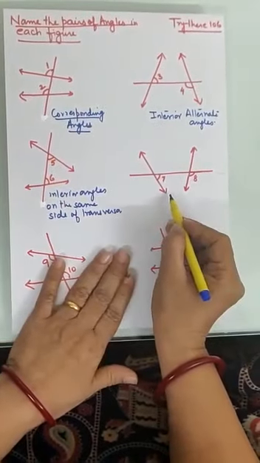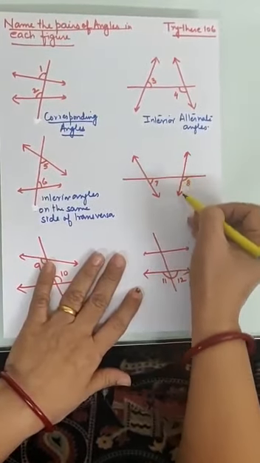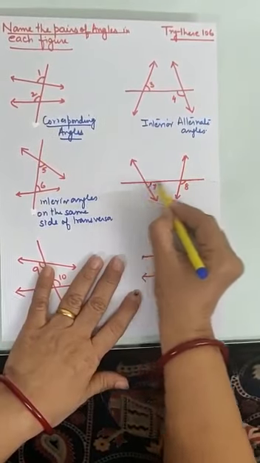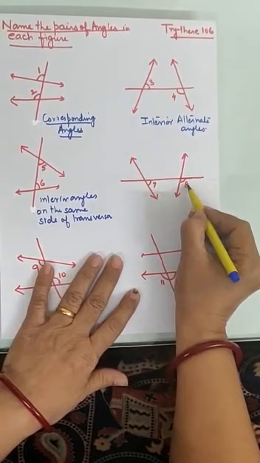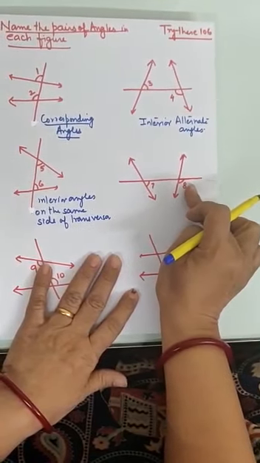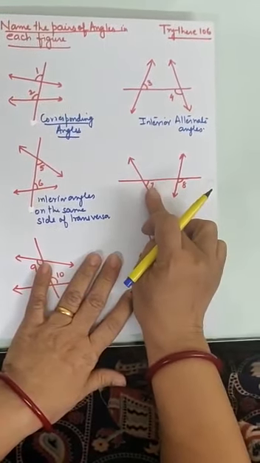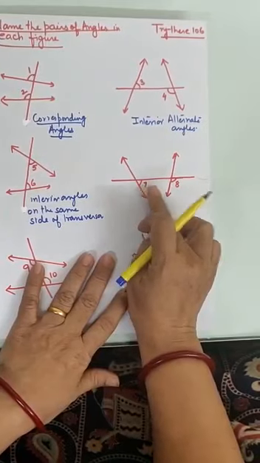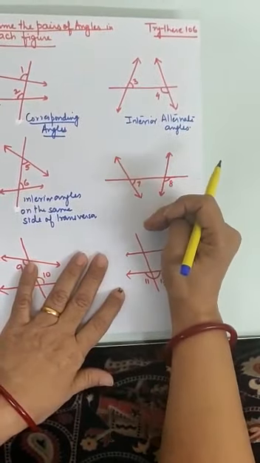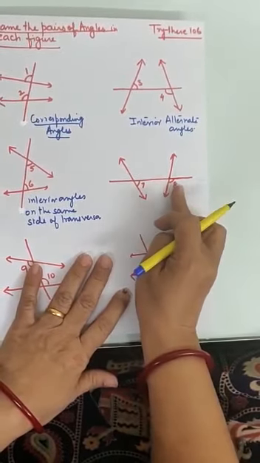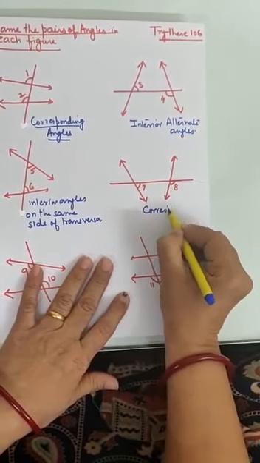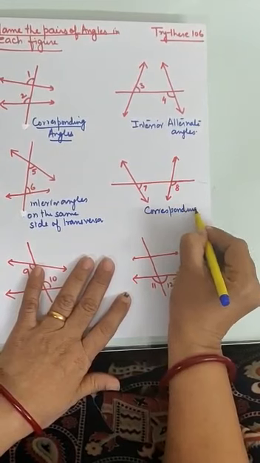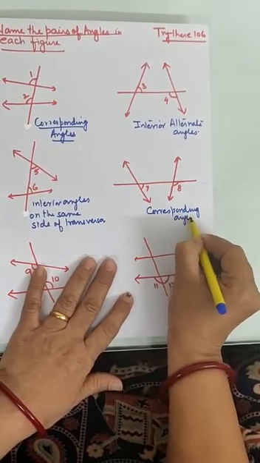Now coming to this. These two are lines. They are cut by the transversal. Now you have this angle 7 and angle 8. See, angle 8 is exterior angle. Angle 7 is interior angle. Okay, they are on the same side and these two do not form the linear pair. So they are called corresponding angles.